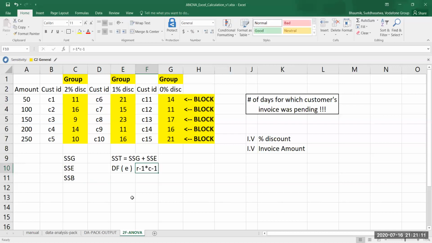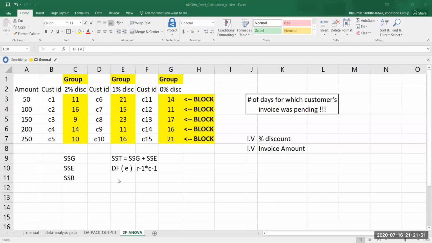Earlier, in case of a single independent variable, it was row minus 1 multiplied by column simply, and we explained that as well, why that is the case. In this case we have to do both because we are considering two groups over here. One is called block, other is called group, right? So now that we have got this formula as well, and we have got degrees of error, the function for calculating F remains the same. Okay, there is no difference between the calculation of F in the earlier case and this case. F is still SSG divided by df of groups, divided by SSE divided by df of errors,